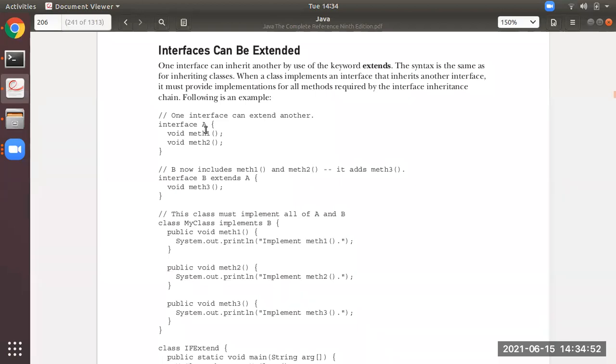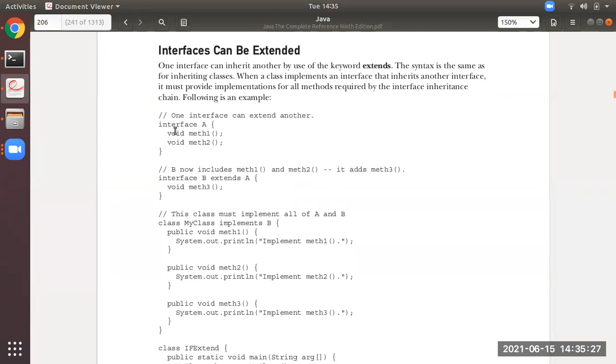What do you mean by extended? Interfaces can be extended, like the inheritance concept. A class is said to inherit another class, what is the meaning? Suppose B is inheriting A. In your program you will write class B extends A. Class B extends A means B is inheriting A. Similarly, interfaces can extend interfaces also. Like B is a subclass of superclass A, similarly, if there is an interface B, it can be a sub interface of super interface A.